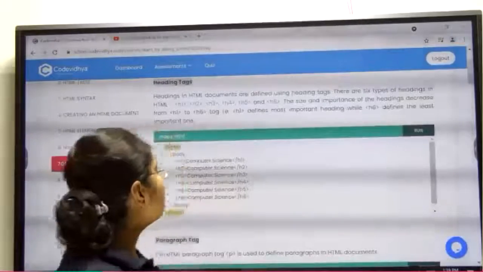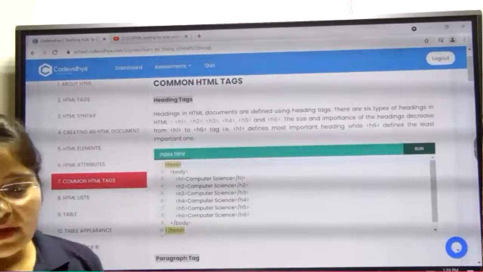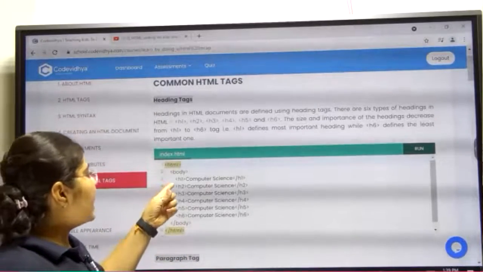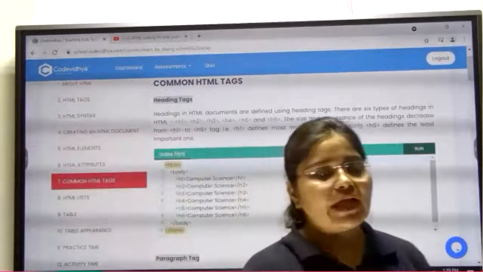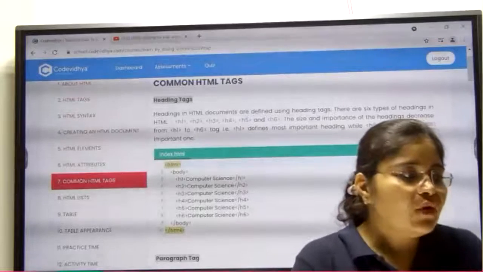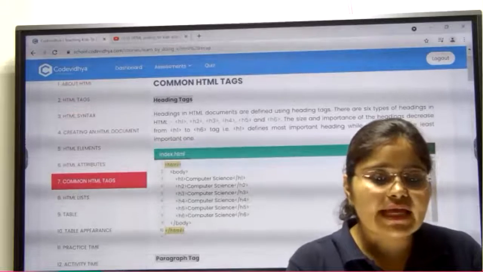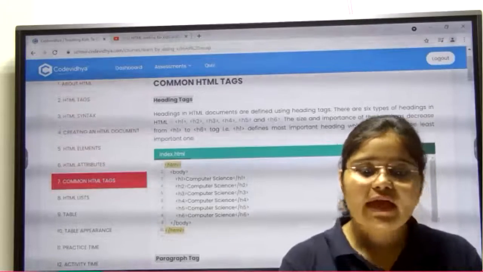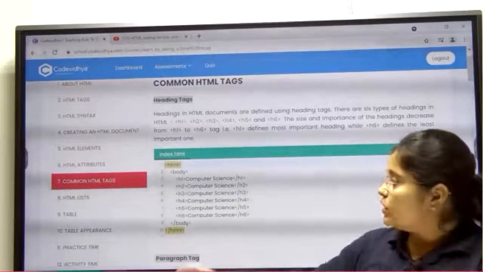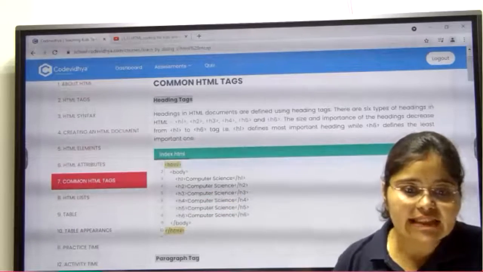So we will continue with the next topic, that is HTML tags, common HTML tags. In this video you have seen that the lady was using the H1 tag. Now what is the meaning of the H1 tag? It means heading tag. H stands for heading. If you want to put any heading in your document, then you have to use this H1 tag. We have H1 up to H6, six types of header tags. If you use H1, the output will be larger as compared to the others.